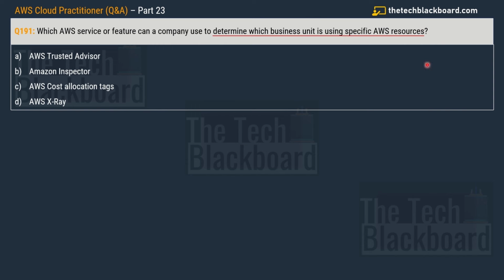So in any project, we have multiple AWS resources. Now, what we are really trying to do is identify which AWS resource is being used by which business unit. So let's say that your company has multiple business units. Maybe you have an HR department, maybe you have a finance department, or any other department. Now, you have multiple AWS resources deployed in the AWS cloud, and you really want to figure out which department of your company is using which AWS resource so that you can do the proper billing based on the department of your company. Now, based on this information, the correct answer for this question is option C, AWS Cost Allocation